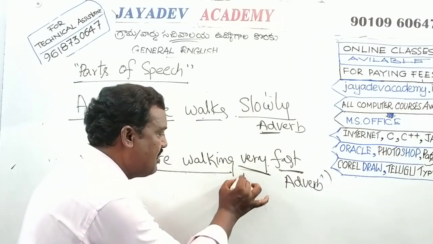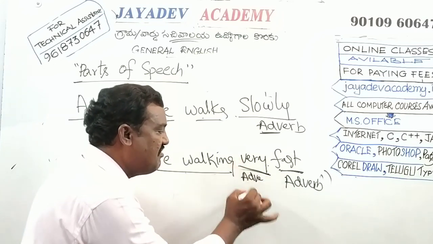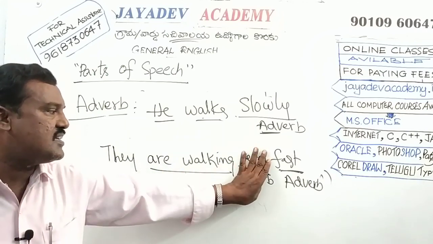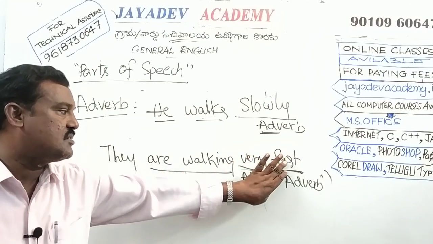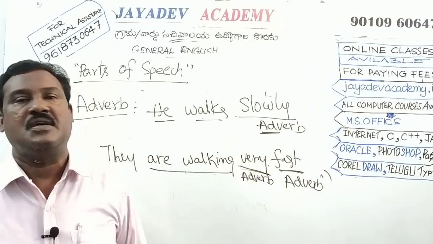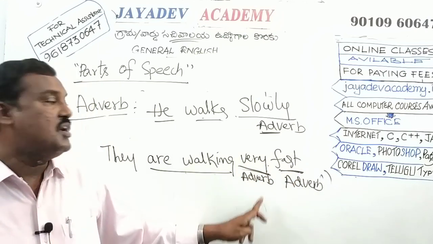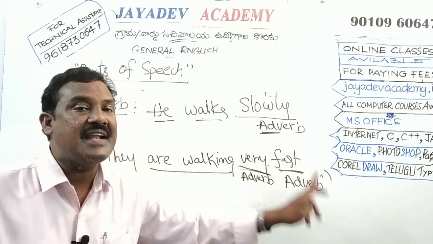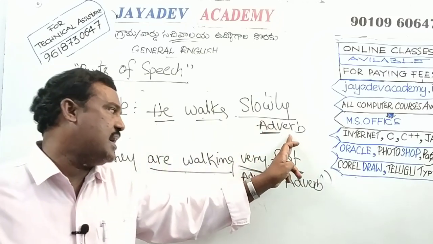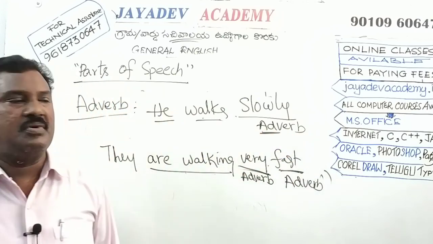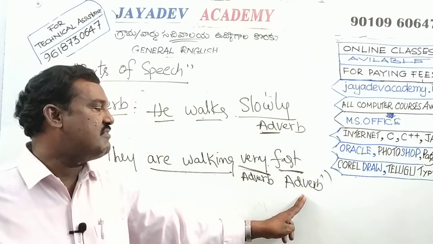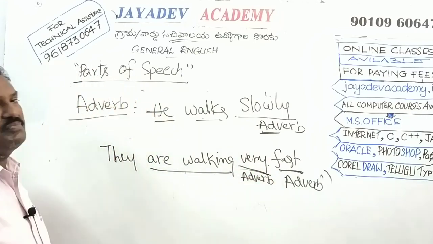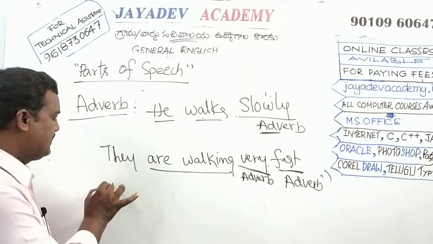If you take very, it is also an adverb. That means here, they are walking fast. How are they walking? Fast. How fast? Very fast. So here very is another adverb which modifies the meaning of another adverb. So the first function of adverb is it modifies a verb, and the second function of the adverb is it modifies another adverb. The third function of adverb is it modifies